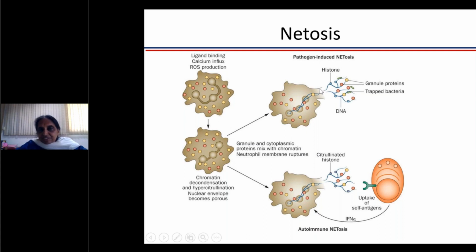So in some cases, once you have NETosis, the neutrophil dies, while in other situations, the cell membrane can get sealed off and the neutrophil can still keep functioning. So these are the three mechanisms by which neutrophils take care of the extracellular bacteria. They can kill them. This DNA protrusion is a very fascinating phenomenon. What could be the reason why the DNA itself has to come out?